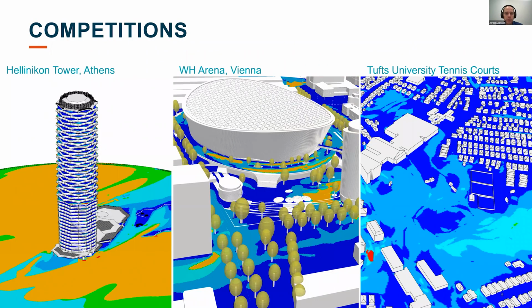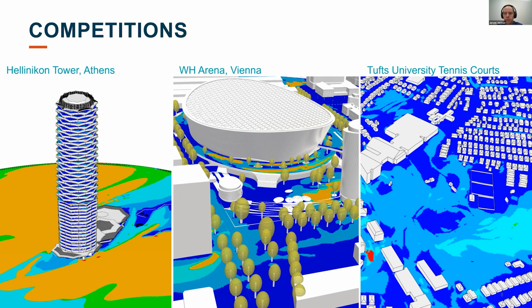We've been using it very early stage in competitions as well. So for instance, on that tower in Athens, looking at the pedestrian comfort at ground level or at the private balcony levels. So really to create comfortable environments on these large residential balconies. In a couple of sports venues, so the arena in the center, it's really about having comfortable spaces and safe spaces around the stadium, so where people queue up and gather, so that it's not too windy, or where we specifically looked at the